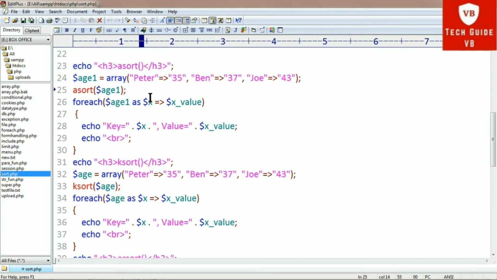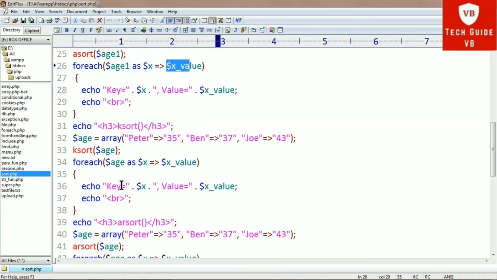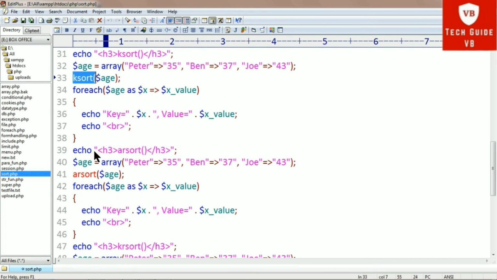The difference is that asort sorts according to value and ksort sorts according to key. And it will sort in ascending order only. The code is similar, only we have used the ksort function here.